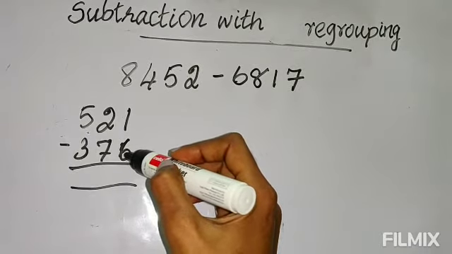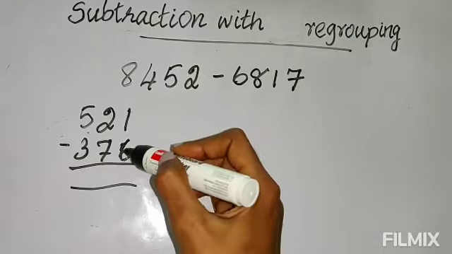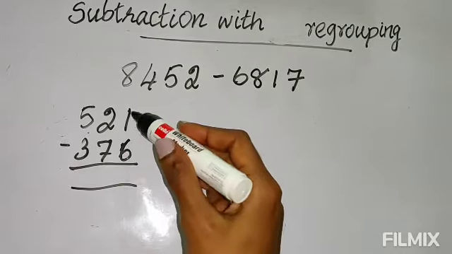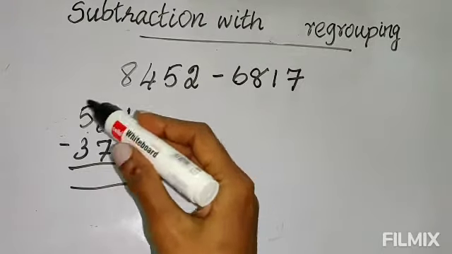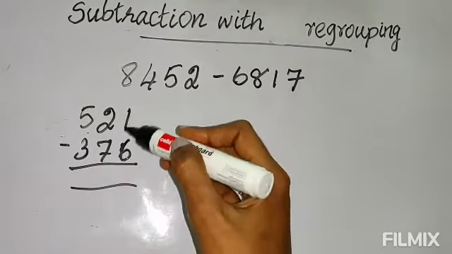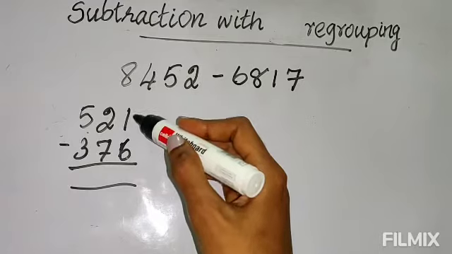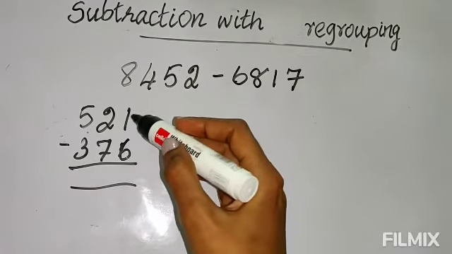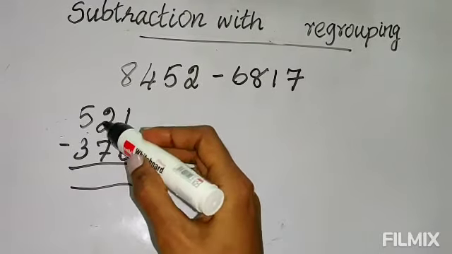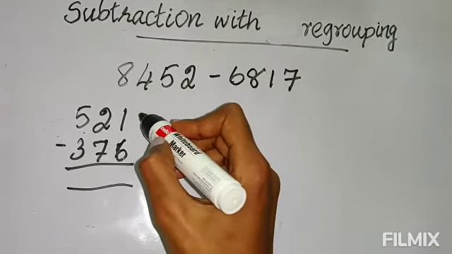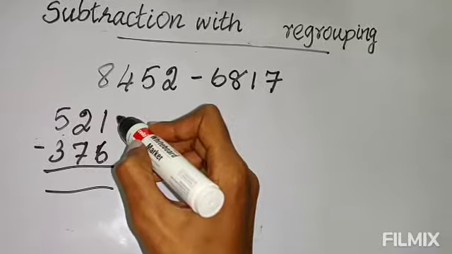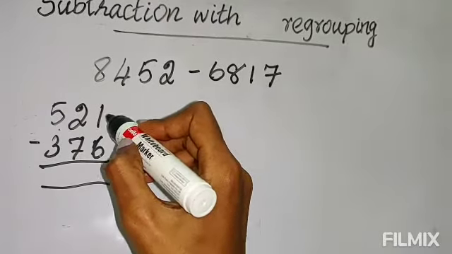Since I told you to write the big number first, you cannot change this 6 to up and 1 to down. Only the whole numbers can be swapped between first and second, but the digits you cannot change. So you have to subtract as it is. When you cannot subtract, then you have to borrow from here. This is the example for the rule, the definition of how it comes.